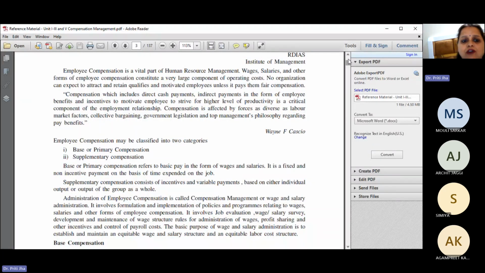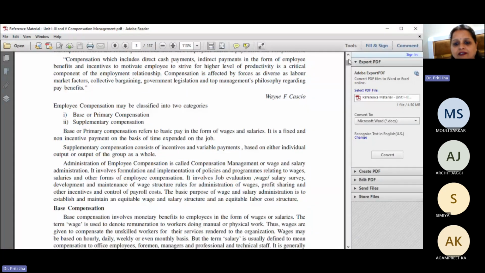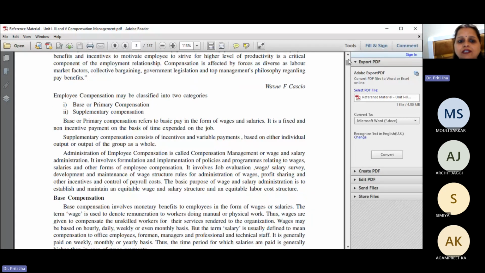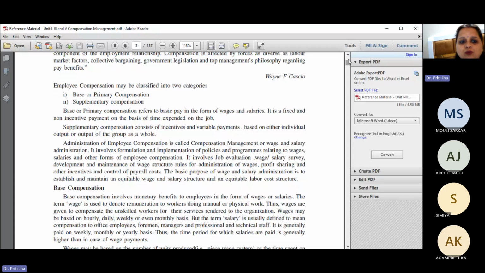First is base, also known as primary compensation. Next is supplementary compensation. Now, what is base compensation? It refers to basic pay in the form of wages and salaries. It is a fixed and non-incentive payment on the basis of time expended on the job. And the supplementary compensation consists of incentives and variable payments based on either individual output or output of the group